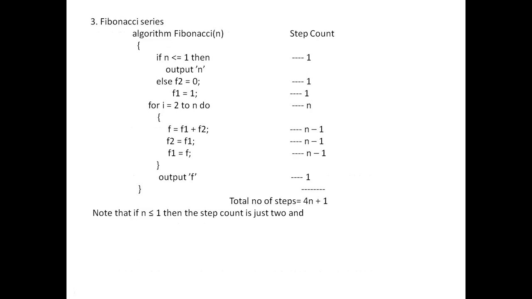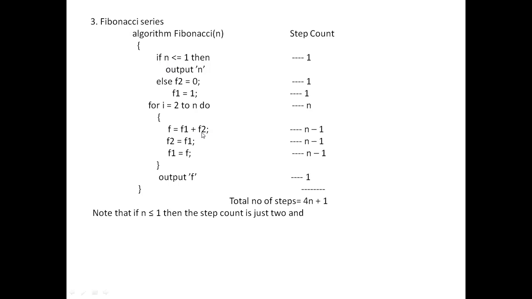Now look at this Fibonacci series. You know what the Fibonacci series is? It is when the third number in the series is nothing but the sum of the previous two numbers. That is what the Fibonacci series is. So if the first is x, then x plus 1 is equal to y, such a series is called a Fibonacci series.